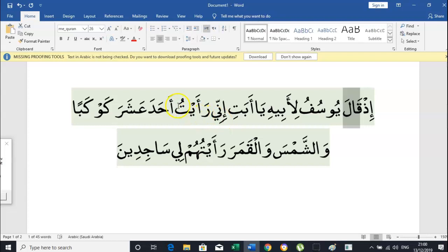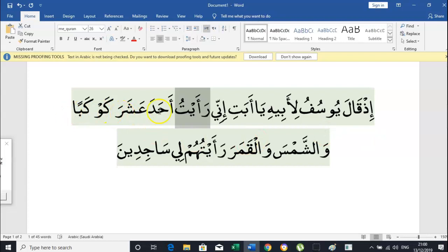Ra'aytu. Now ra'aytu is a fi'l. What's the pronoun inside of it? Ra'a means to see, or in the past tense, saw. What's the pronoun inside ra'aytu? I, yeah? I saw. Remember, ana nasartu, ana anzaltu. So indeed I saw